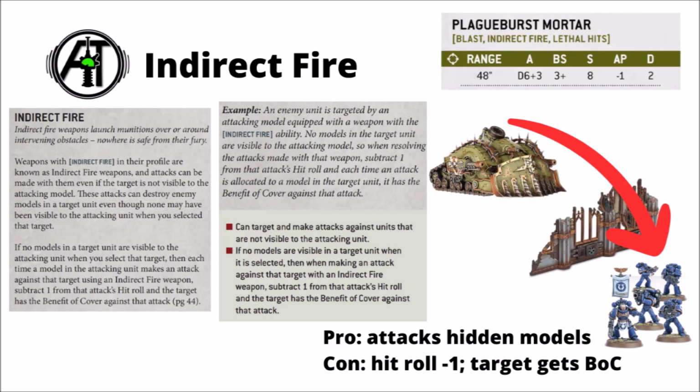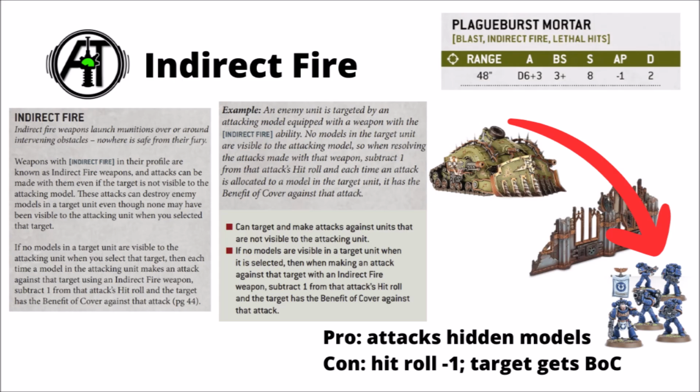If you can see your target, even if it is an indirect fire weapon, then that doesn't apply, so you could just shoot with the normal profile and you wouldn't be automatically -1 to hit. For example, this Plague Burst Mortar wants to fire at the Space Marine Tactical Squad. That's got indirect fire, so you'd get your d6 plus 3 attacks, usually hitting on a 3+,